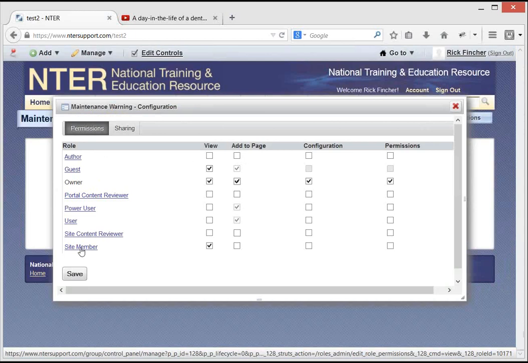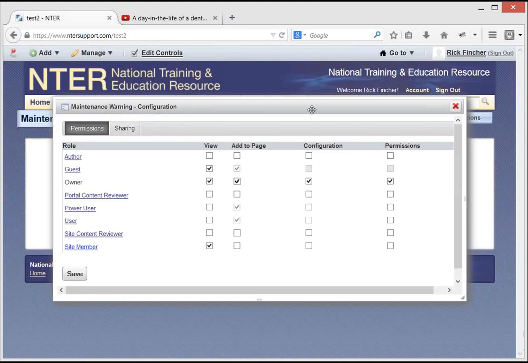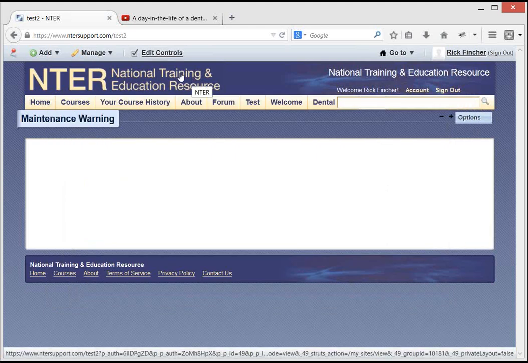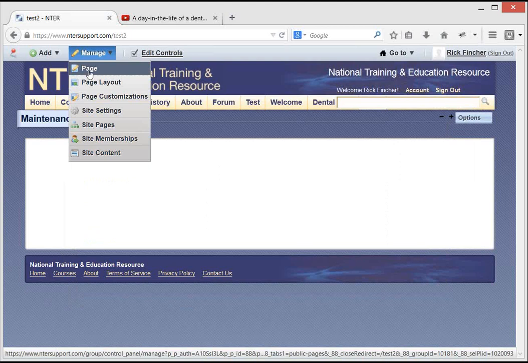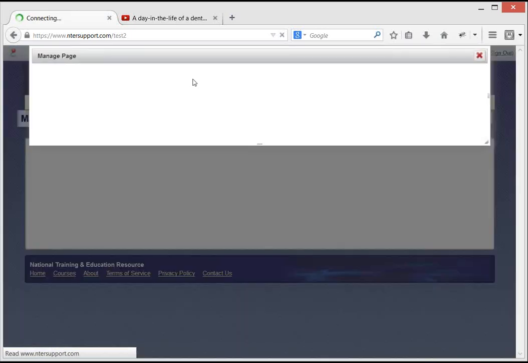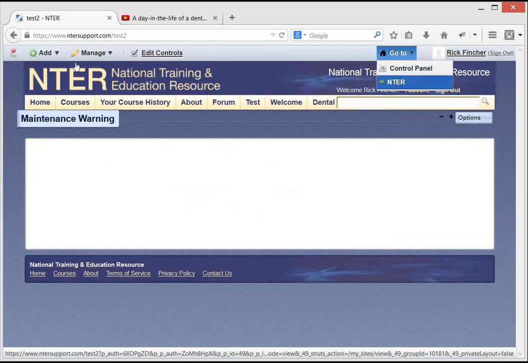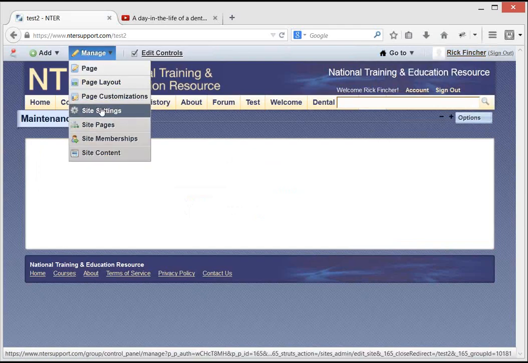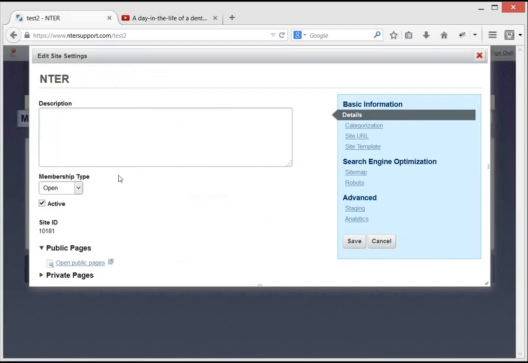And then in your user page here, you can go in. I'm going to get rid of this. You can manage the page. Or, whoops, I meant to do sites, not page. You can manage a site's settings, and you can change the membership type from open to restricted to private. If you make it private,